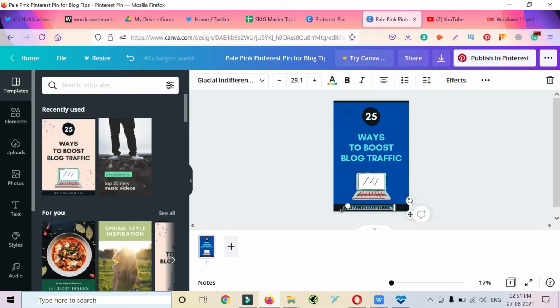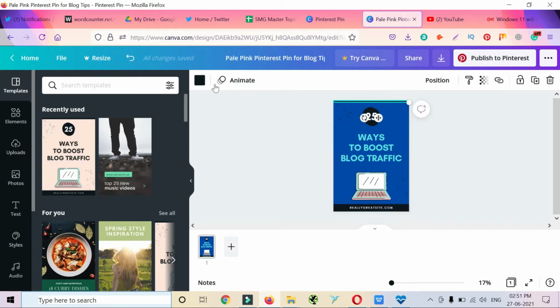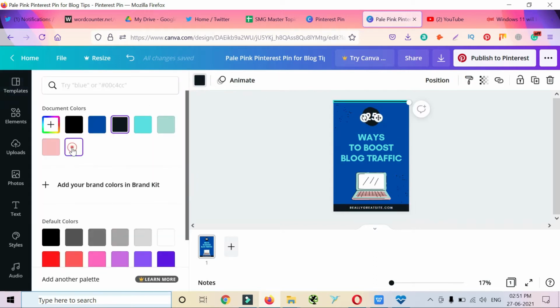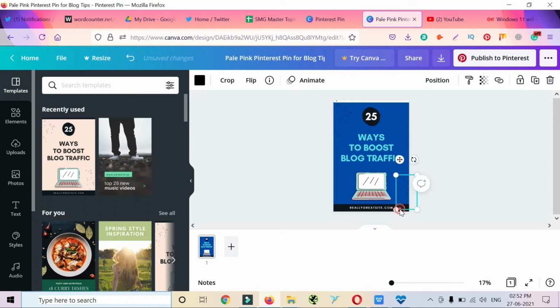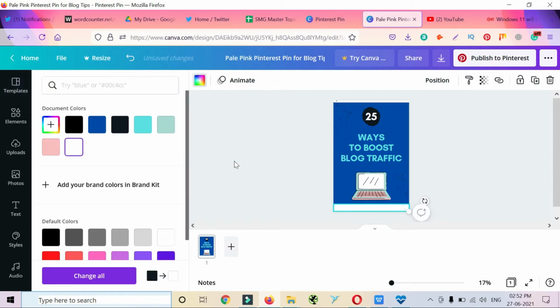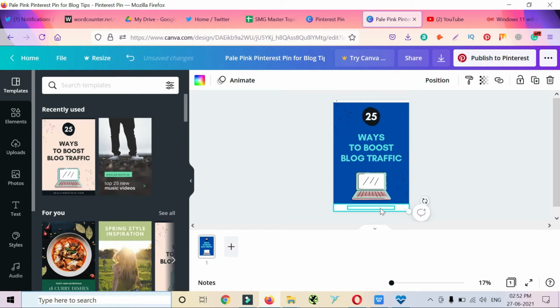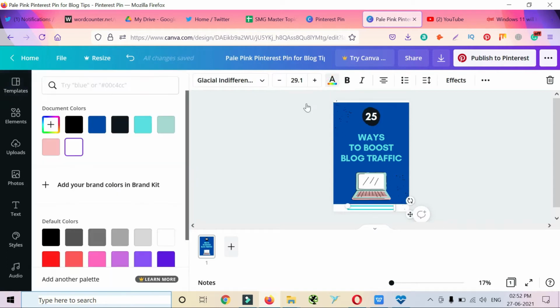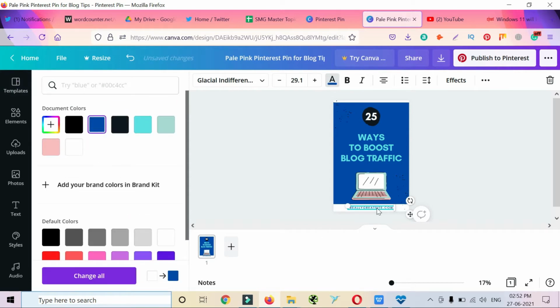So I want to change the background into white, these two boxes. Now click on the text box and select the A icon and select the color. Now double click on that box and enter the value to change the text.